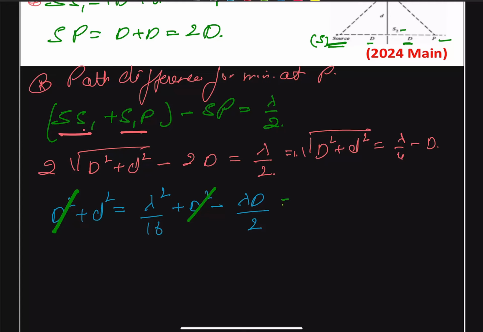And this gives us that small d square will be equal to lambda square divided by 16 plus lambda D divided by 2, and we already know all these values, so we substitute them and we get that d square is equal to lambda